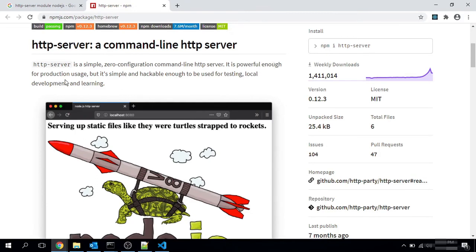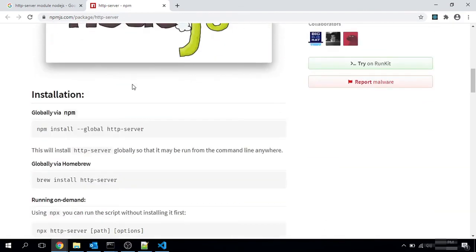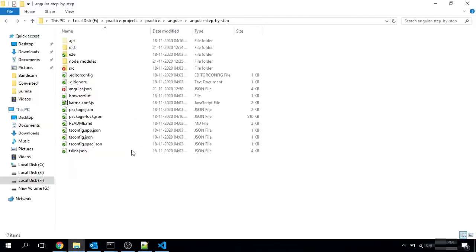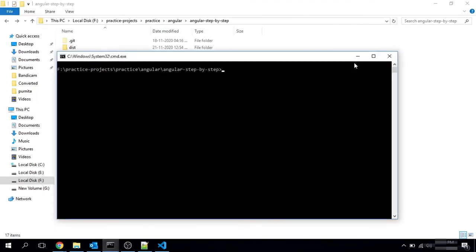It is powerful enough for production usage, and beneficial for executing our static files. I have installed it on our local system. Now I will serve our dist folder with this command. You can see that now I have port 8080.